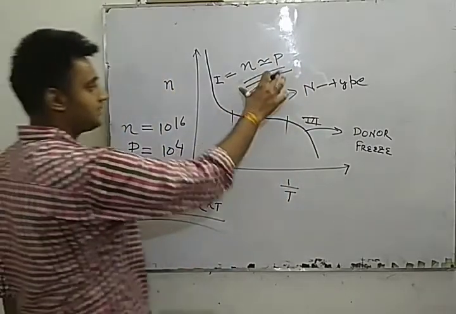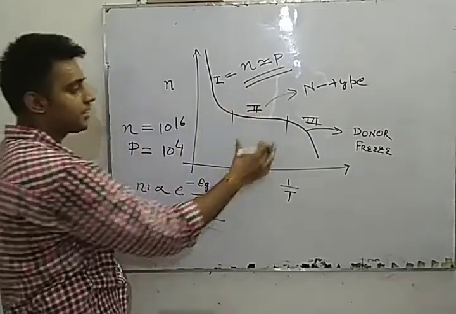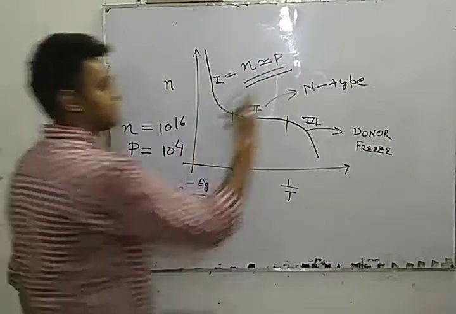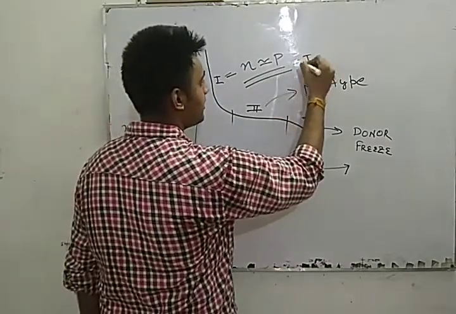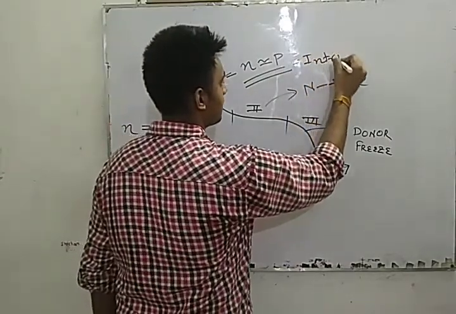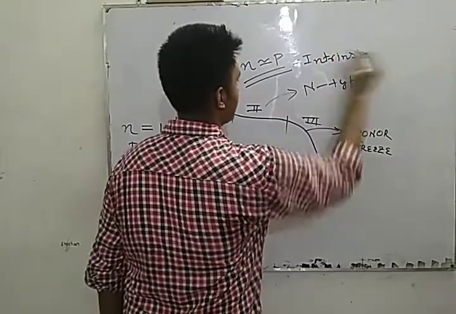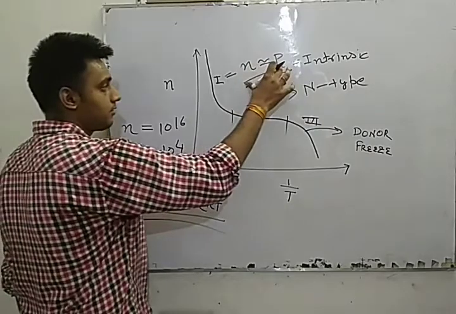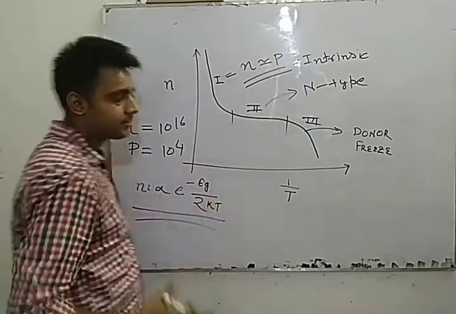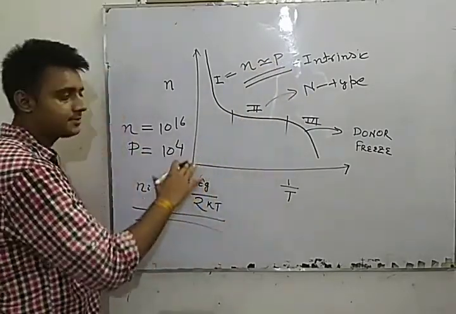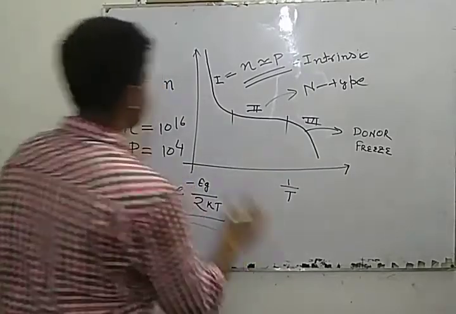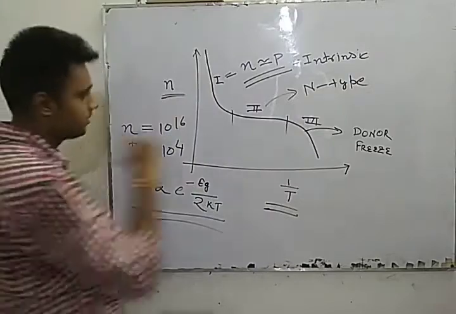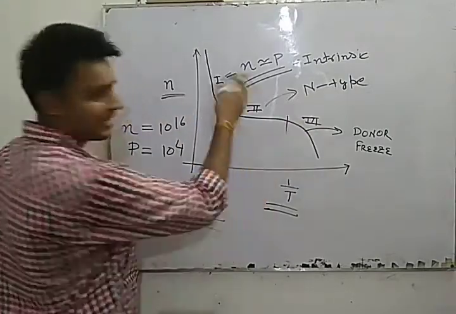So in this type of condition, your semiconductor is converted from n-type to the intrinsic semiconductor. That is called very intrinsic. Where equilibrium condition is reached, the value of n is equal to the value of p, and your semiconductor is converted from n-type to the intrinsic type. So that is the important graph, that is, ln n versus 1/T. It is simply a snake-type structure.